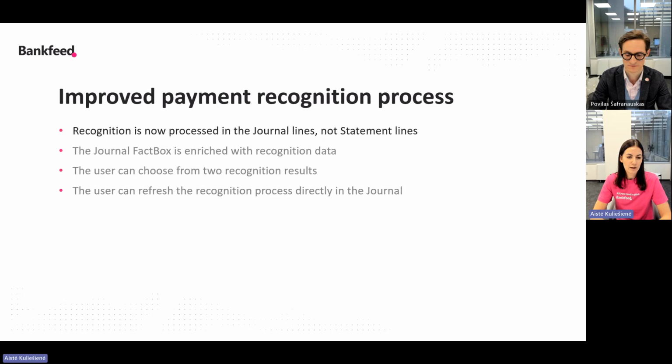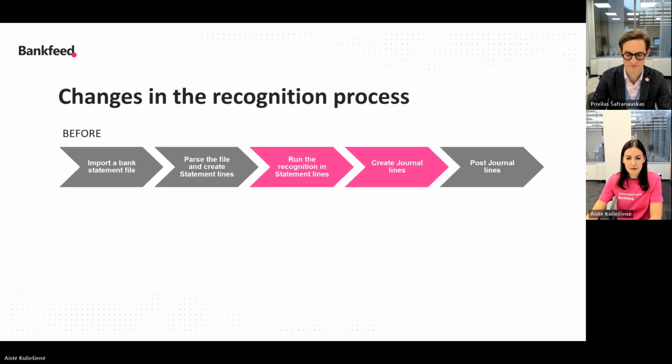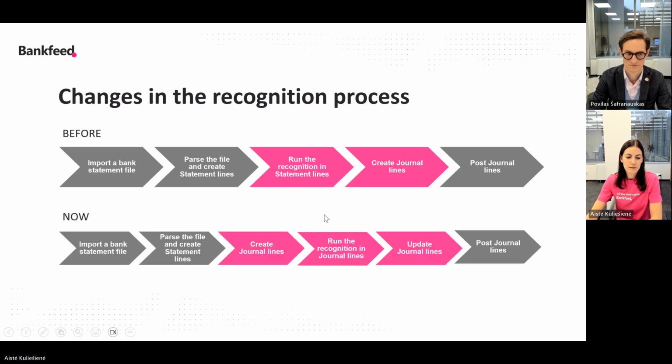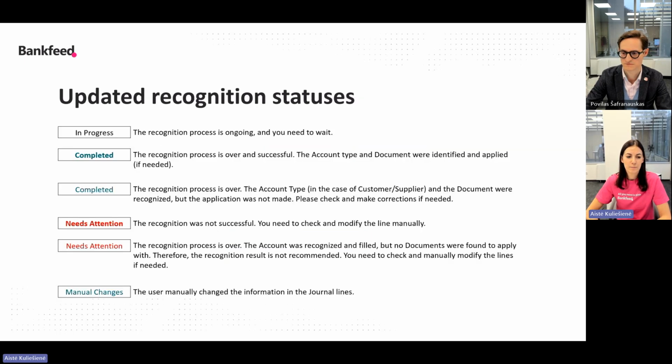So we can forget this flow. From now on, the new BankFit summarized flow is like this, and the most important change in this flow is that the recognition process is run in journal lines.